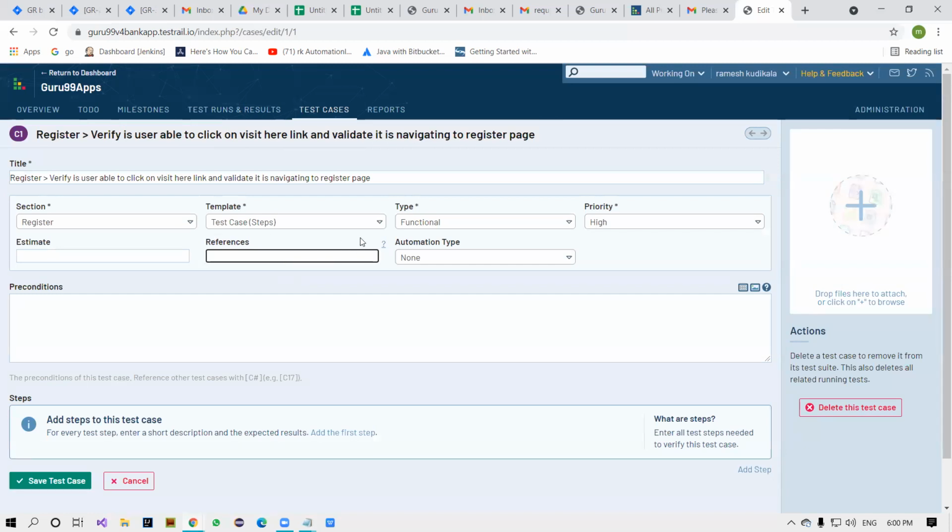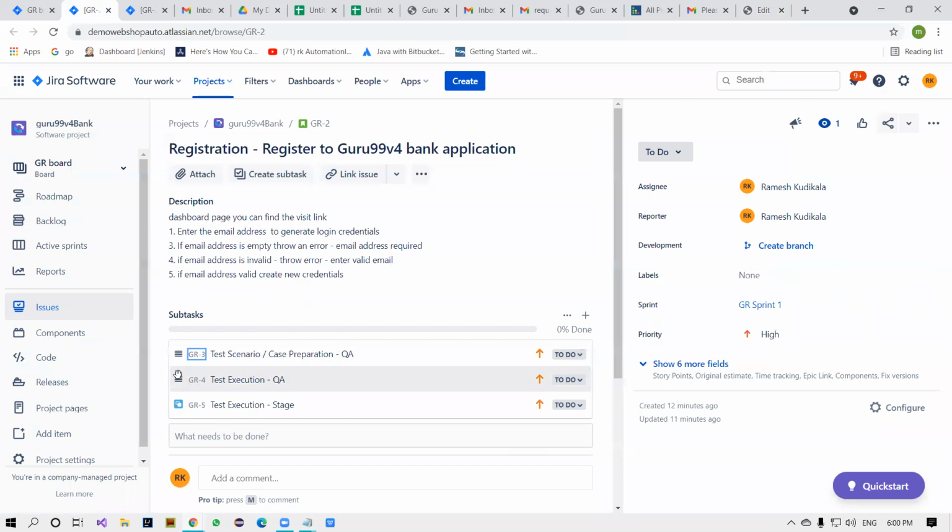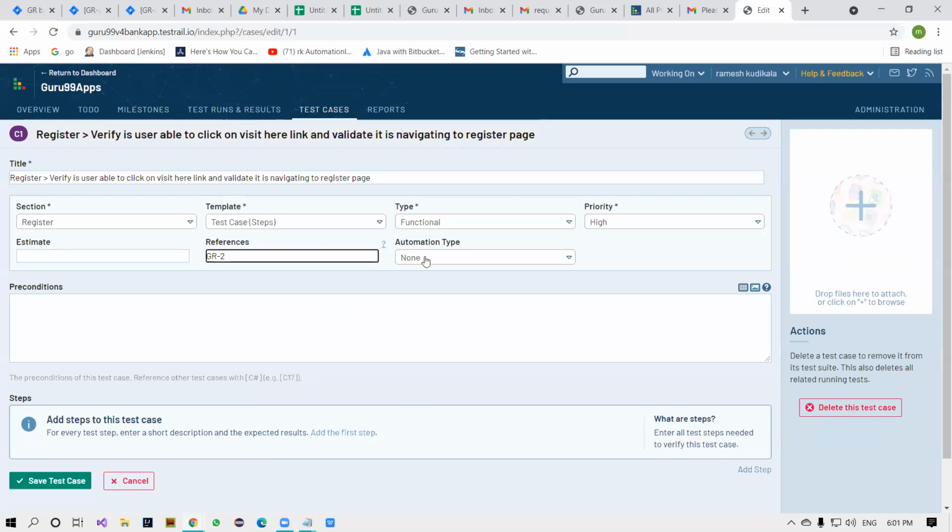References. Okay, references is very important, guys. References is nothing but on what ticket you are going to create the task. This is the reference basically. The story you are going to create the test cases story, and automation. Automation basically here you can see automation type is coming, but no need to give anything over here. Right. Precondition. Precondition is nothing but your precondition steps